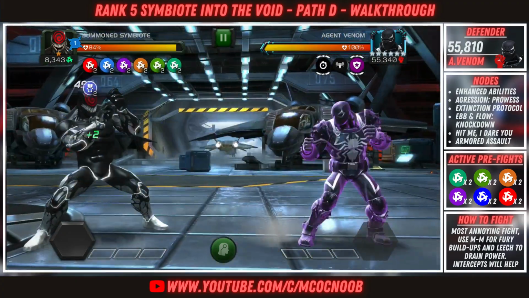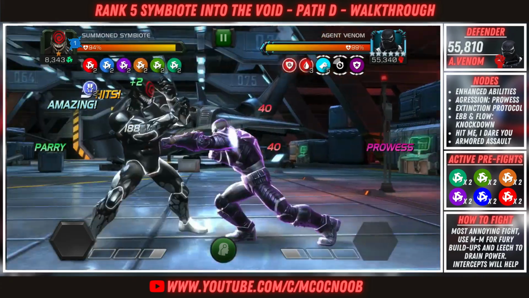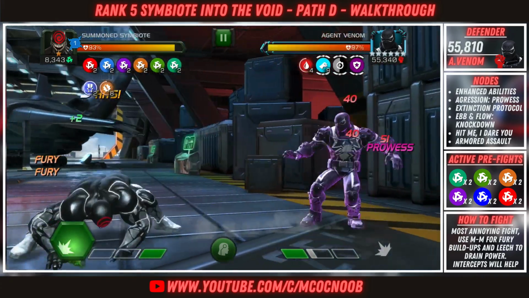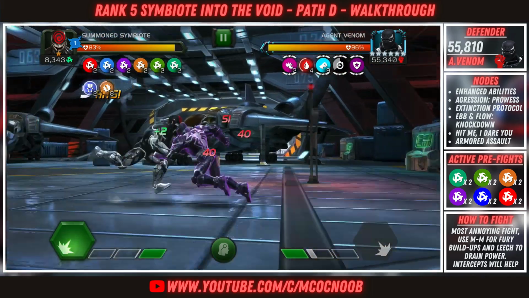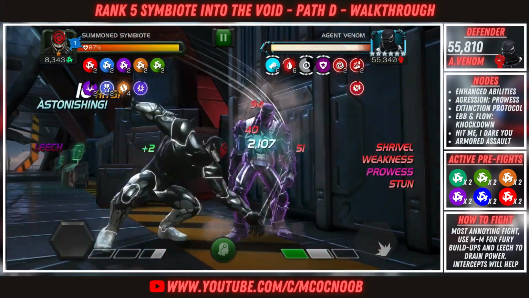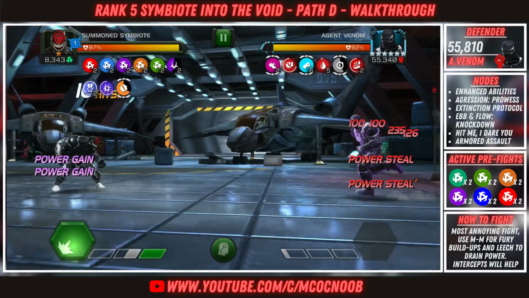So the next 3 fights are going to be Agent Venom and Symbiote Supreme, and the next 2 fights actually are going to be Agent Venom, Symbiote Supreme. That will give you a charge each, so that will be 2, and we saved 1 charge from the last fight against Symbiote Spider-Man. So those 3 charges we will have ready before we go into the boss fight that is going to be Knull,